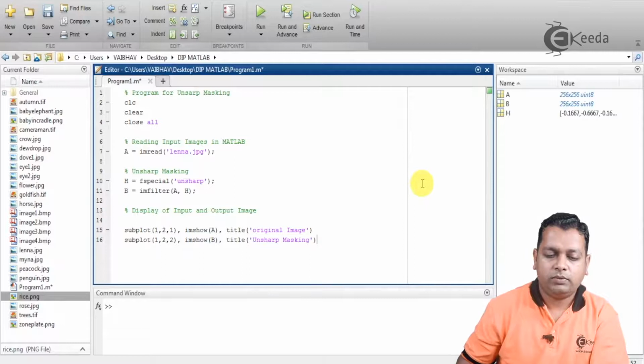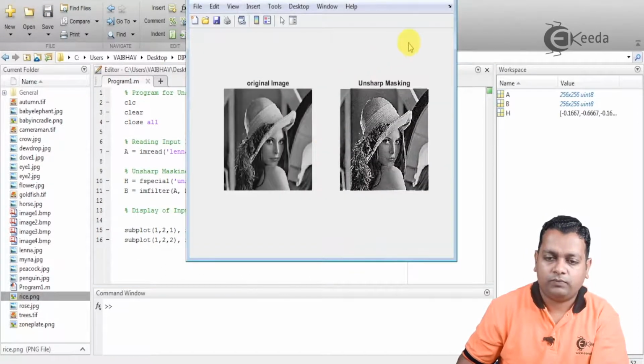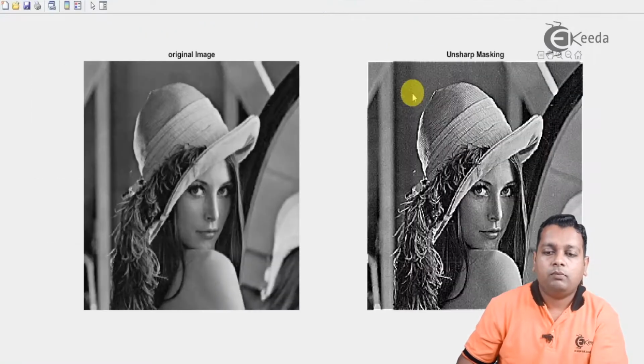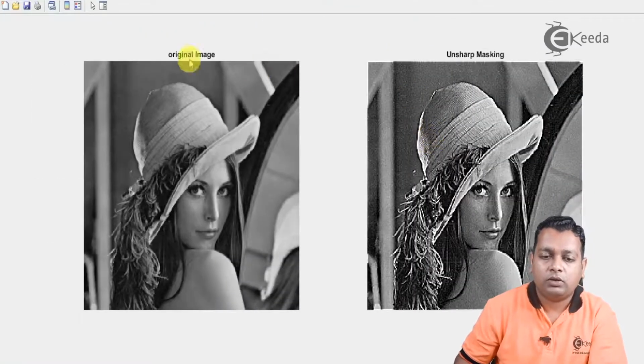So this is a simple script that we save and try to visualize the output results. See here, by unsharp masking, lena.jpg, the original image on the left hand side, has changed, and we can notice the sharpening effect with unsharp masking. So this is the output sharpened image.